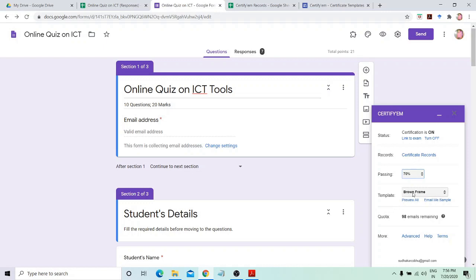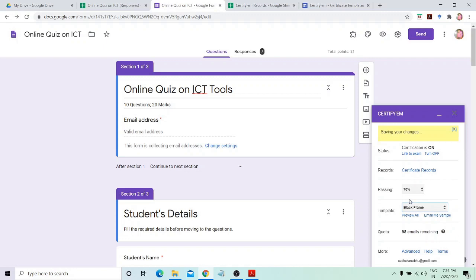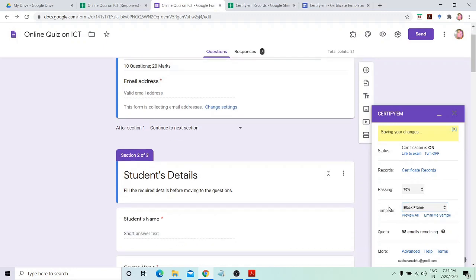Also, there are a number of template for certificate. You can choose them, what kind of template you want to use for your certificate. For example, you can get preview of all kind of certificate from here.